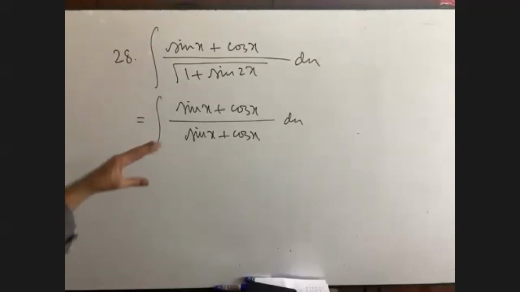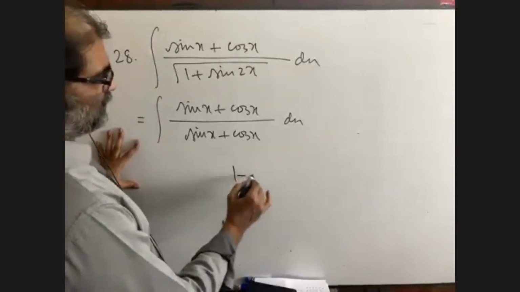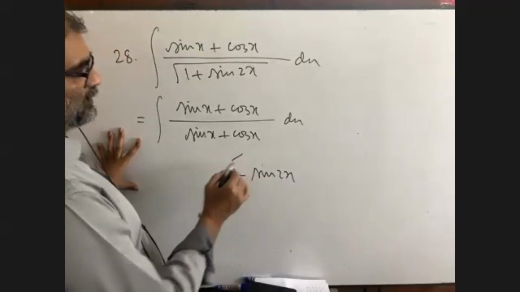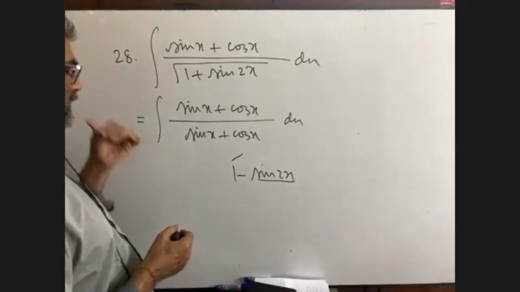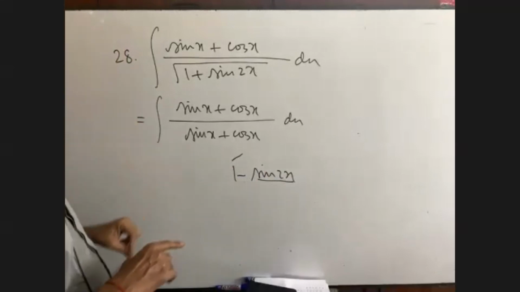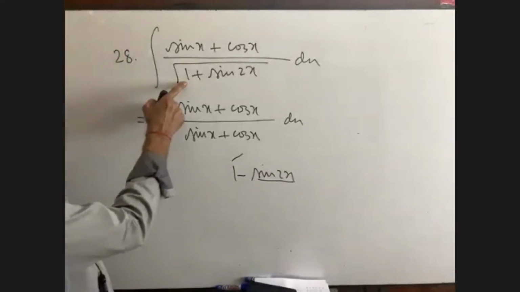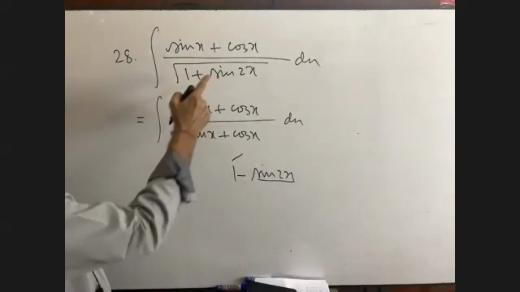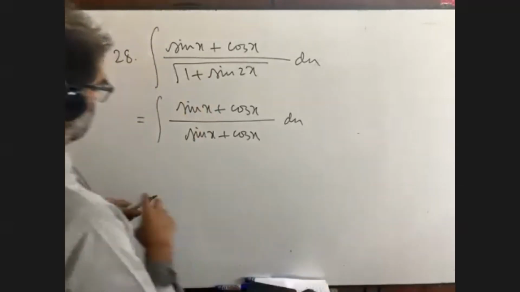Sir, I have skipped. Will the teachers accept it if we do this in the exam? No. I told you in the previous math it was 1 minus sin 2x. There I showed you. It is sin square plus cos square x plus minus 2 sin x cos x. Can you remember, please? And I told you that it would be 5 or 10 times. Okay. So it will be sin square x plus cos square x, and it is 2 sin x cos x. Will I show it again? And I know that you will tell no. It's not needed, sir. Okay.